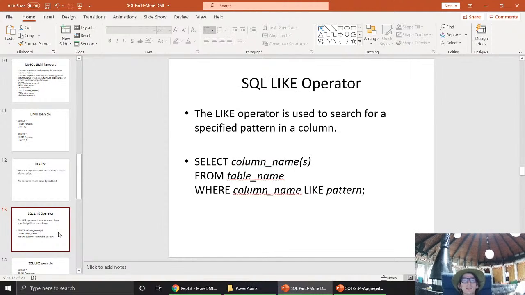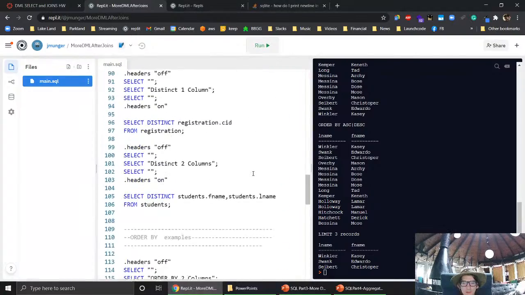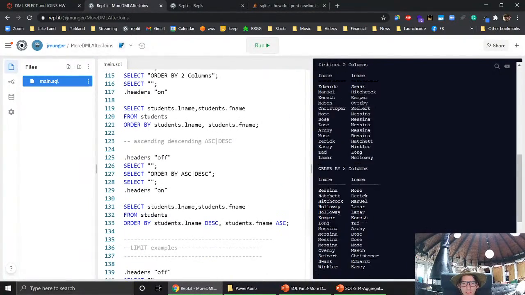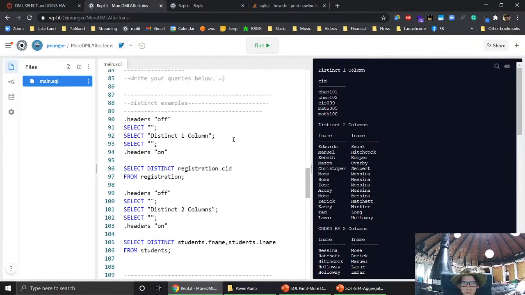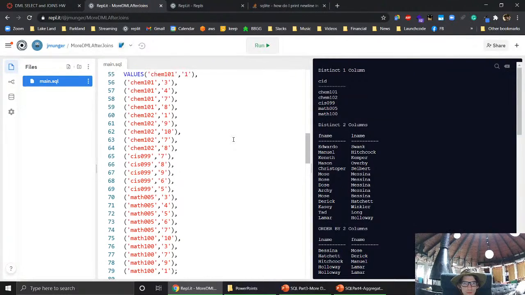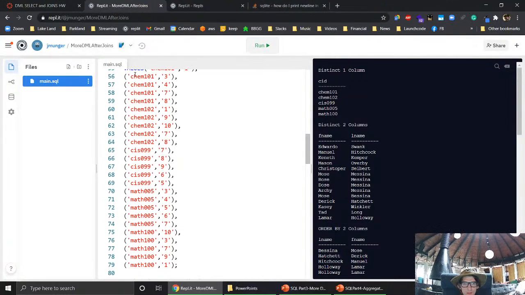Next is another very critical part of SQL, the like operator. So earlier I said, what if we wanted to find all the records in the registration table that, so how many students are registered for any chemistry course, or a list of